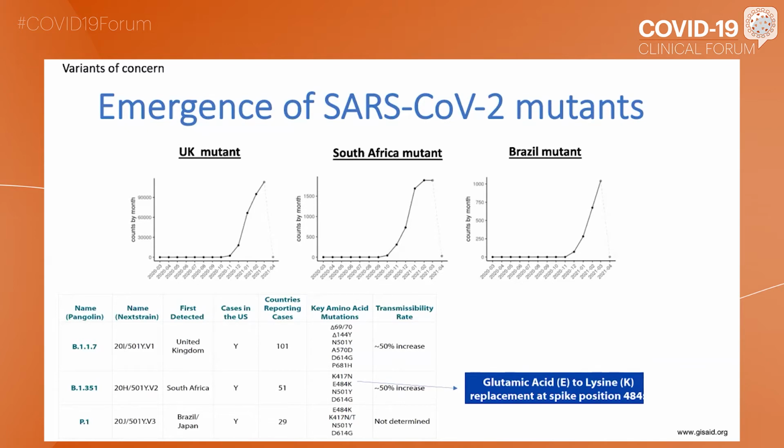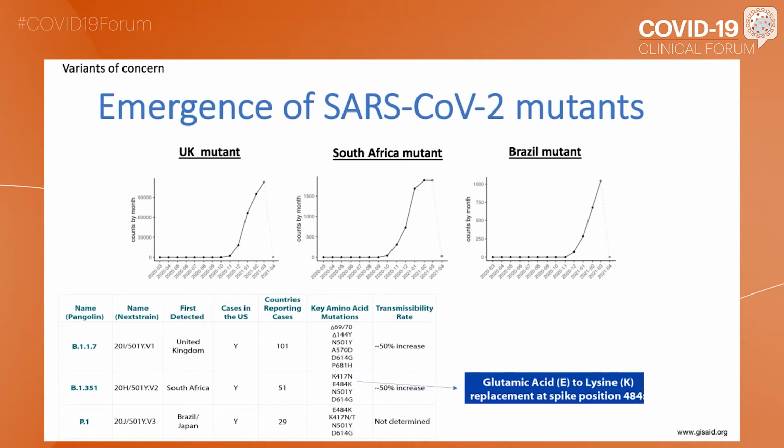We will look at whether it is more severe, but also especially whether the vaccines that we have today are effective against this mutant. Another mutant is the South African mutant, which is also characterized by an approximate 50% increase in transmissibility rate. And again, it's characterized by certain key amino acid mutations, including the